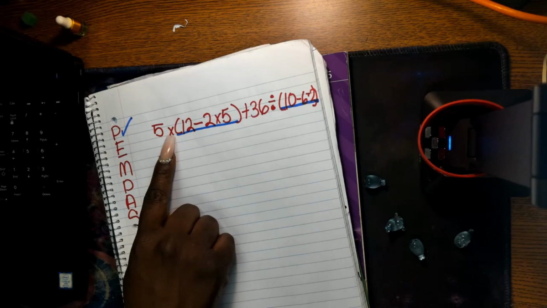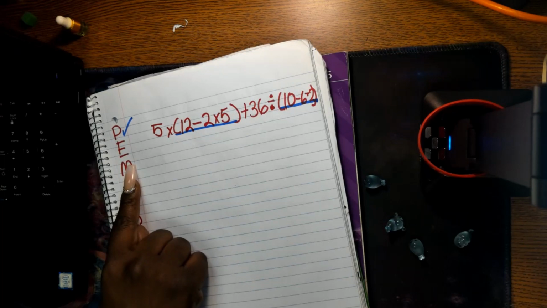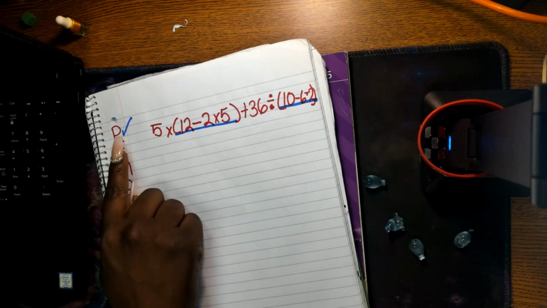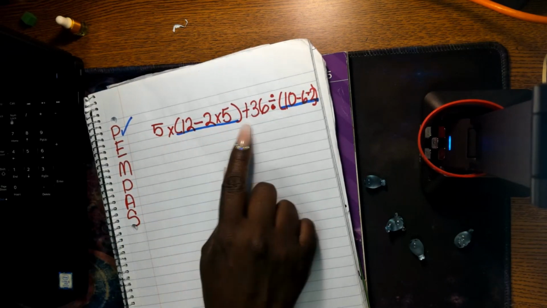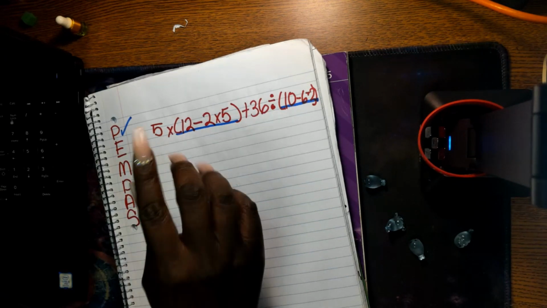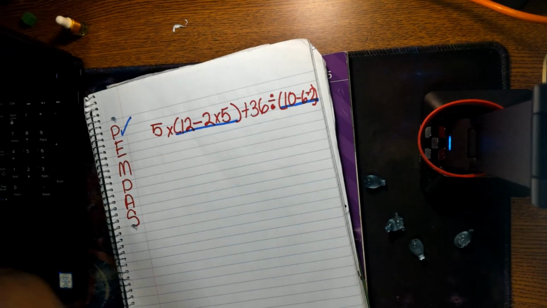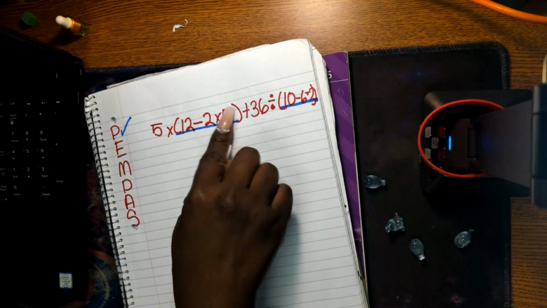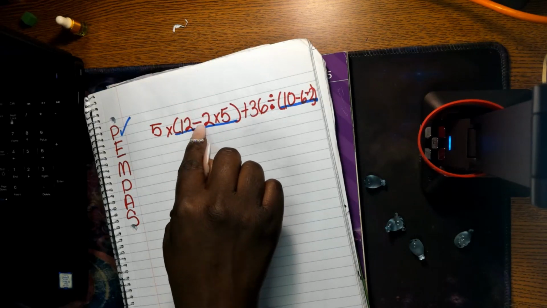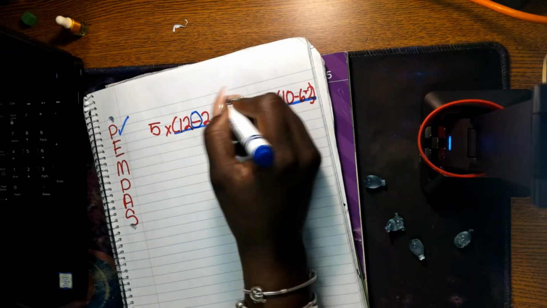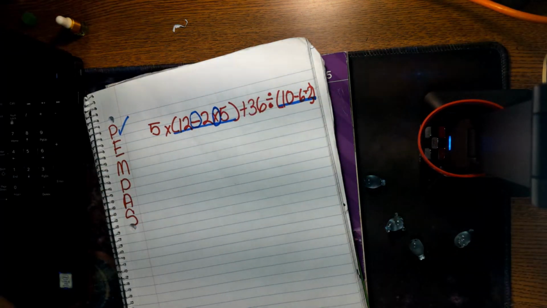Even though a lot of kids kept saying, well, Ms. Chance, there's a multiplication sign, which comes before a subtraction, but again, you want to remind them that everything in the parentheses trumps everything out of the parentheses. So you want to do whatever operations you have in your parentheses first. Now, you still want to follow the order of operations even within the parentheses. So if I have my 2 operations being subtraction and multiply, then students have to know which one to do